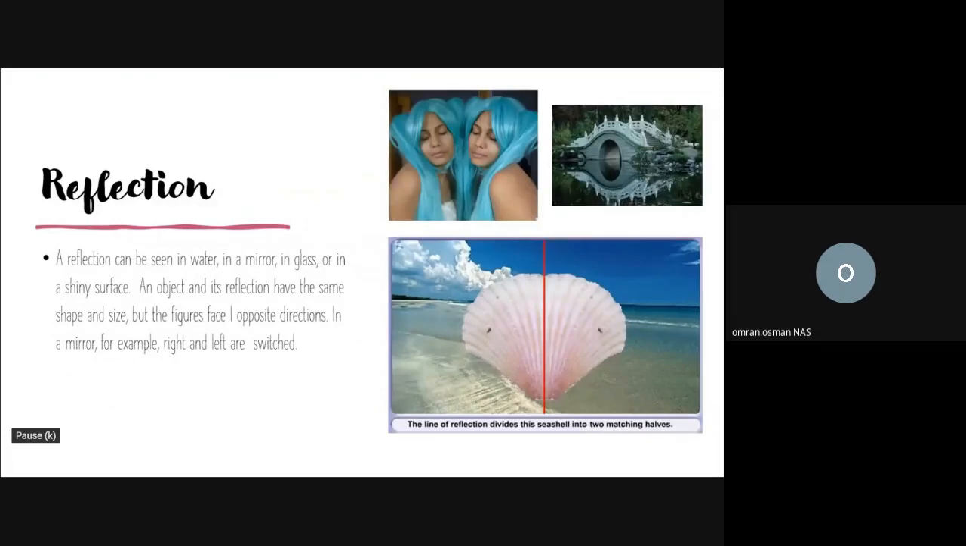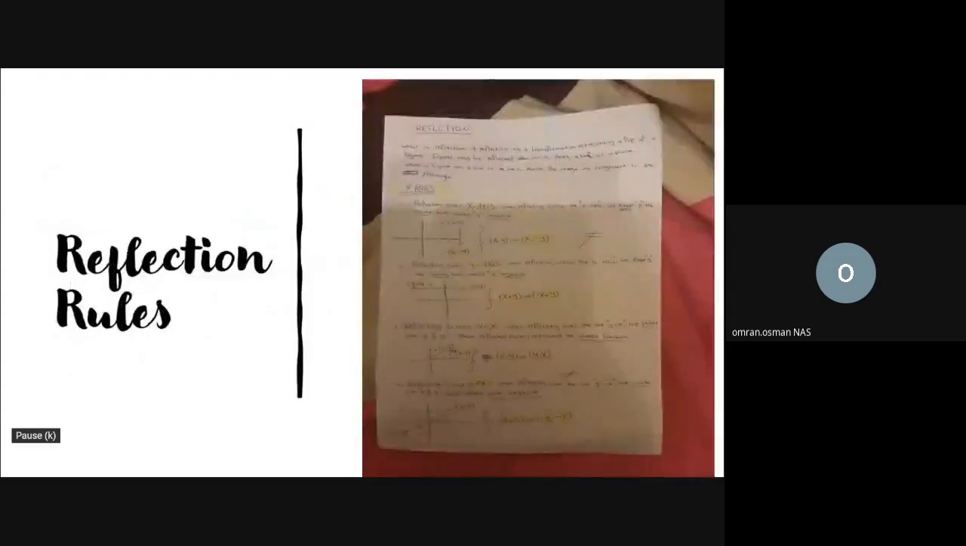Reflection. Reflection is a transformation representing a flip of a figure. Figures may be reflected in a point, line, or a plane. 4 rules of reflection. Rule number 1, reflection over the x-axis, is that when reflecting across the x-axis, we keep x